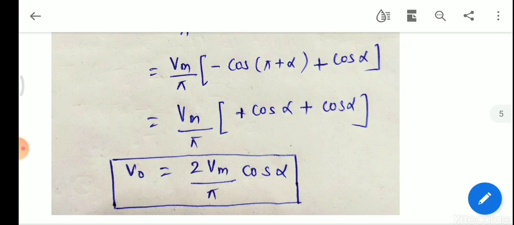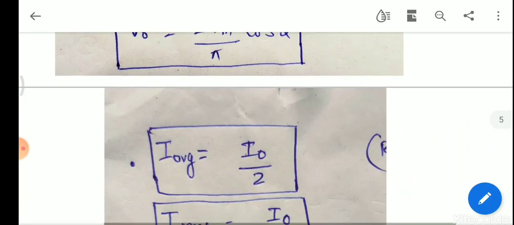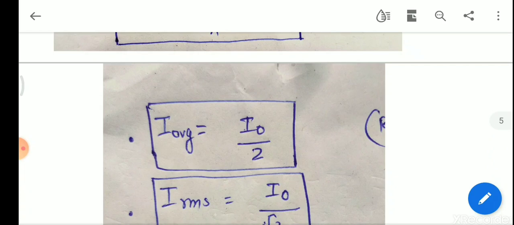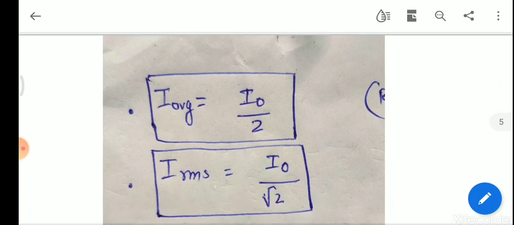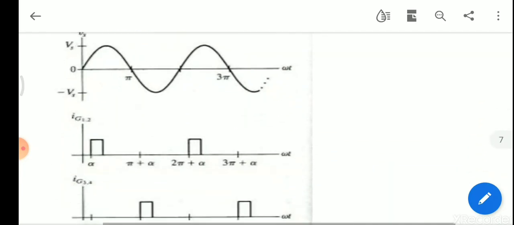Okay, and the average output current will be equal to I naught by 2, and the RMS current will be equal to I naught by root 2. The derivation is not in the syllabus, that is why I did not do this. Okay, so before